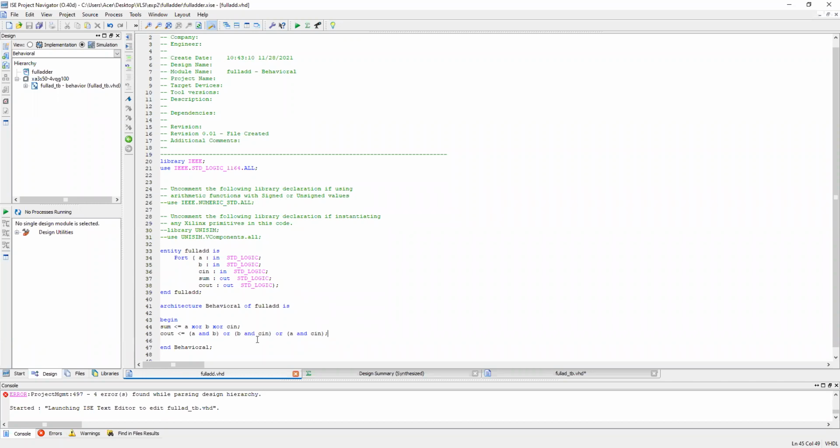B is 0, Cin is again 1, that is 0. That means now 0 OR with 0, 0. And A is 1, Cin is 1, that is 1. And 0 OR with 1, 1. That means sum should be 0 and Cout we should get as 1.